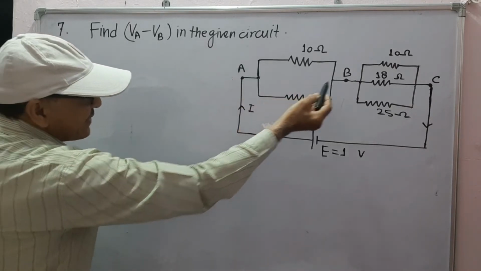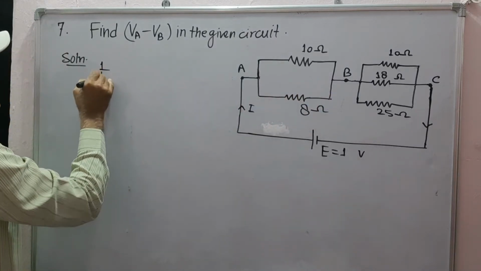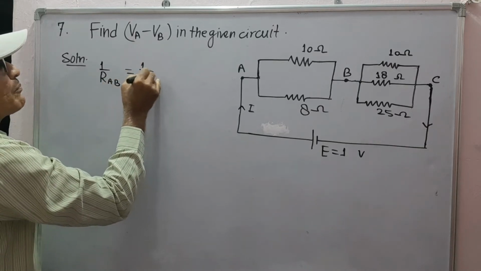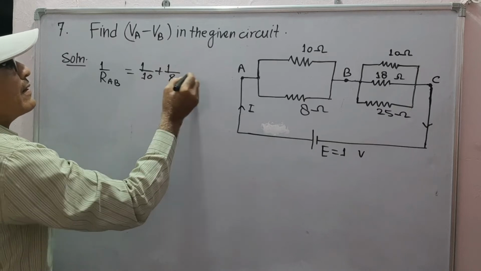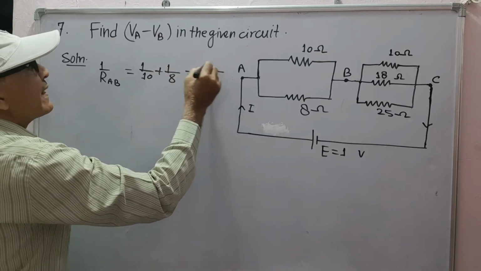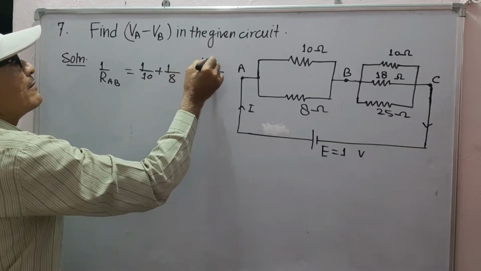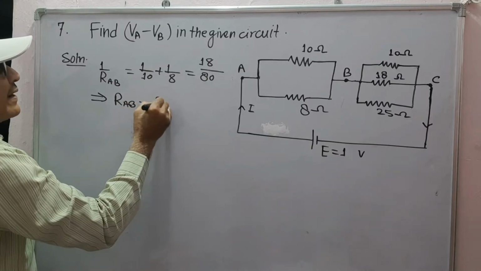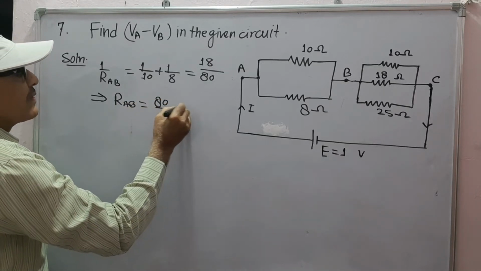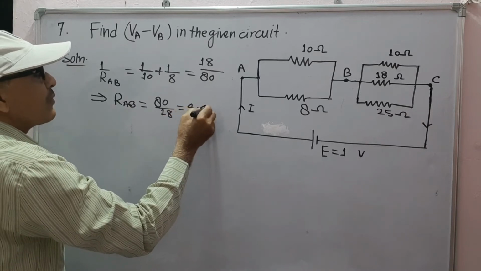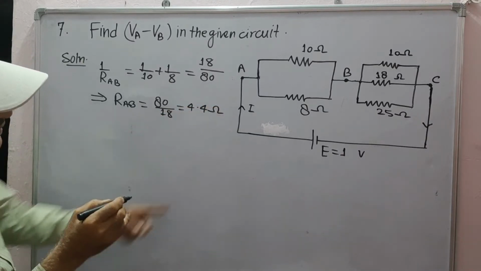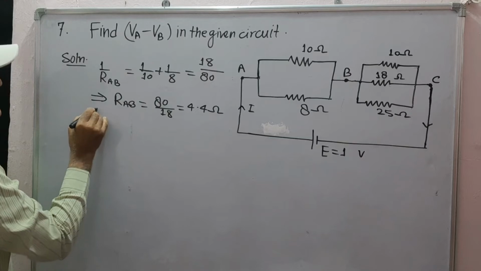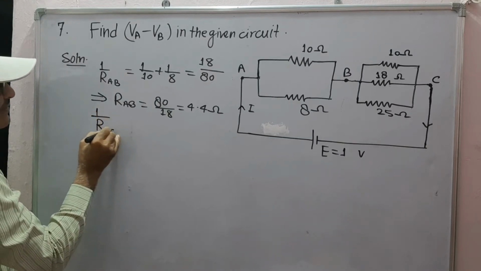Resultant resistance between A and B will be given by 1 upon R_AB is equal to 1 upon 10 plus 1 upon 8. LCM is 80, and 8 plus 10 means 18. Therefore R_AB will be equal to 80 upon 18, which is 4.4 ohm. Similarly, resultant resistance between B and C will be given by 1 upon R_BC